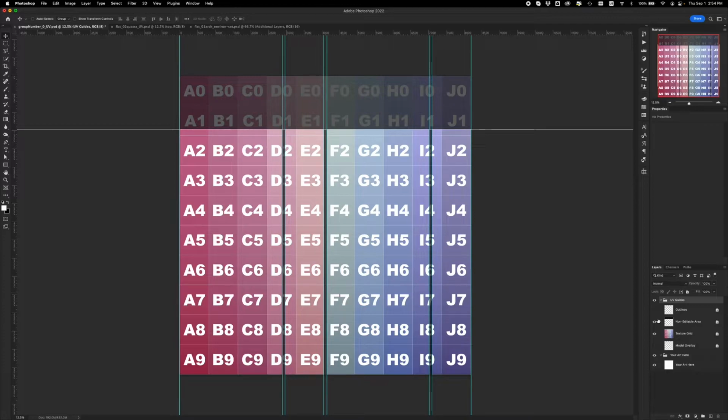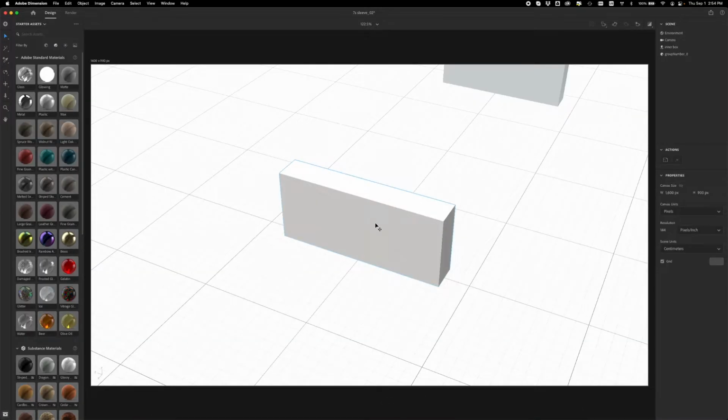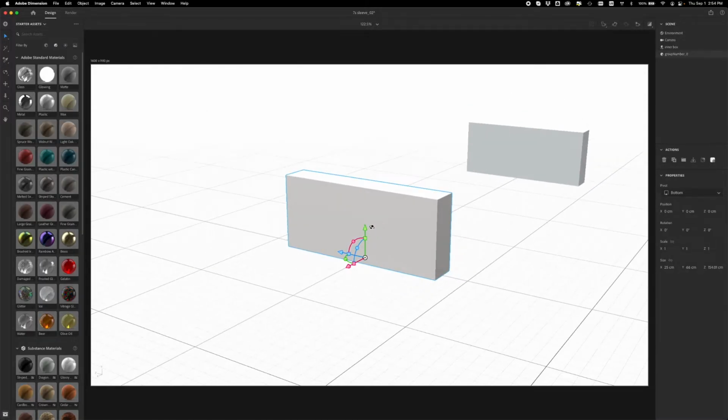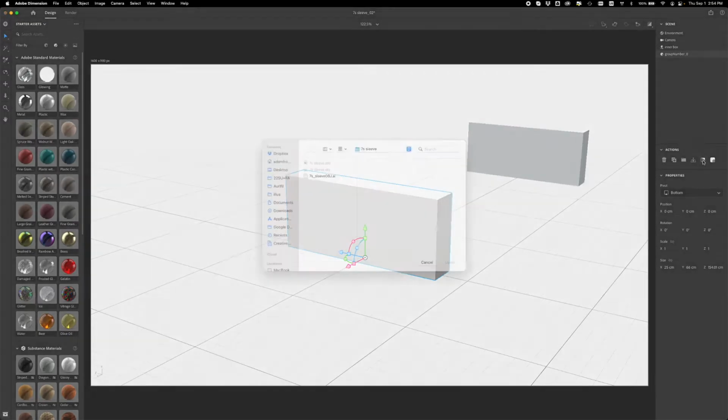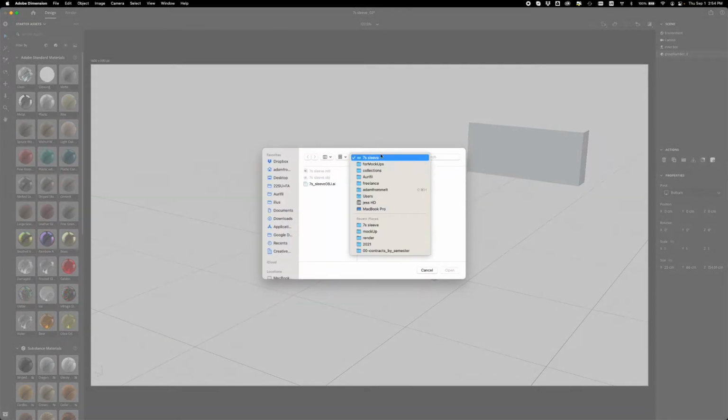So the first move I want to do, this is a map so that we can place this map, and I'm going to go ahead and save it with this different view. We're going to hop back into Dimension. The first thing you really want to do is go ahead and throw the UV map on,